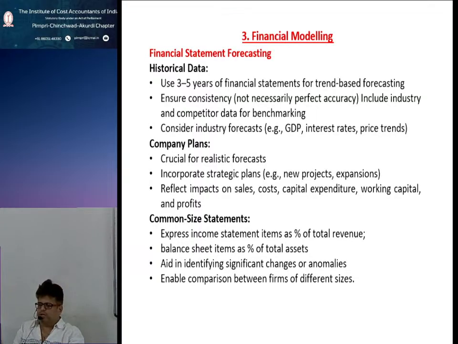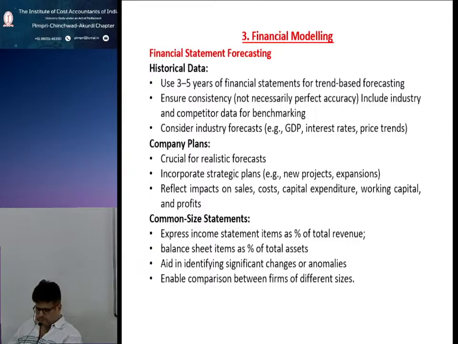So historical data. In financial statement forecasting, historical data plays a big role. Typically, reasonable historical data should be considered. Use 3 to 5 years of financial data or financial statements for trend-based forecasting. So 3 to 5 years of financial statements in a way help to understand the trend in the various financial